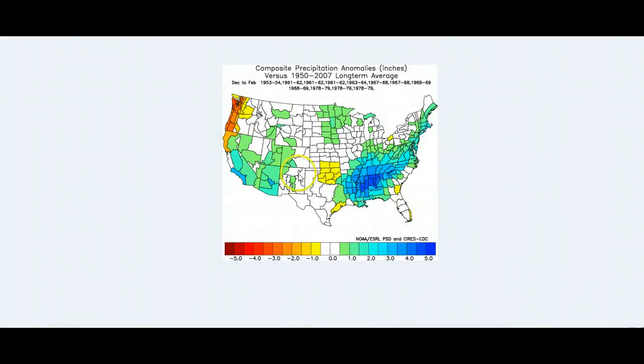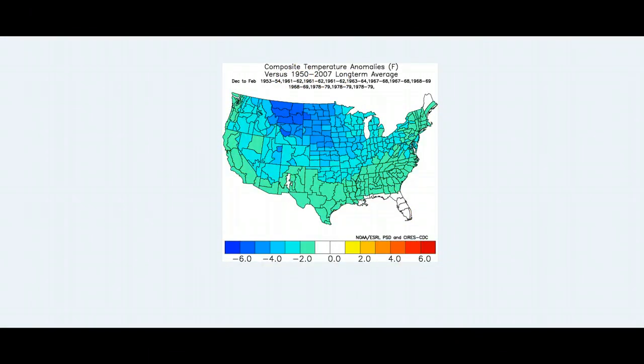And here are the results that I came up with. First of all, the precipitation pattern from this is for December to February, the heart of winter, and you can see that it's above normal across much of the eastern United States, precipitation-wise. Now, wait till you see what's going to happen when I get to the temperatures. This is the temperatures from December to February, averaged out over those years as compared to 1950 to 2007. Okay, I mean, this is just absolutely astounding, how much cold air there is on this map here.